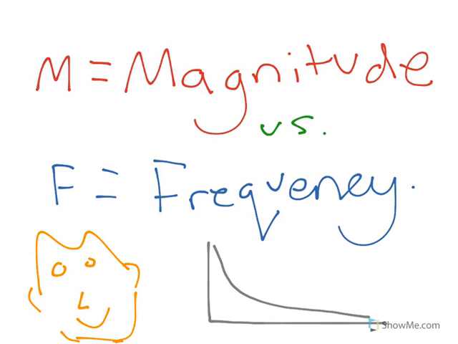Now, before we start, we need to understand what we mean by magnitude and what we mean by frequency. So, let's go and look at the key terms of what these words actually mean. This is ripped straight from the Unit 1 book, happened to find it online. So, what we need to look at is, first off, the frequency. Now, basically, if something's more frequent, it happens more often. If something's less frequent, it happens less often. So all you need to know is the frequency is how often